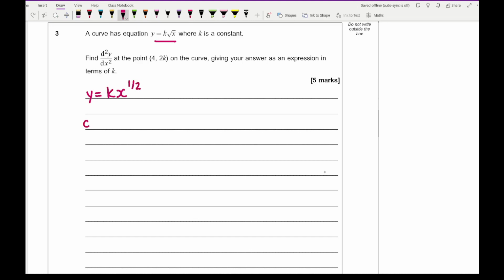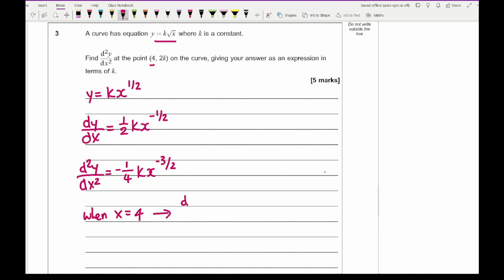Then we work out the differential of that, so dy over dx is going to equal, move the power to the front, then lower the power by 1, so that becomes minus a half, and then from this I can work out the second derivative, d2y over dx squared. So again, move the power to the front, so that then becomes minus a quarter kx, and then lowering the power by 1 becomes minus 3 over 2. Now the next thing that's left for me to do is when x equals the x ordinate, which is 4,